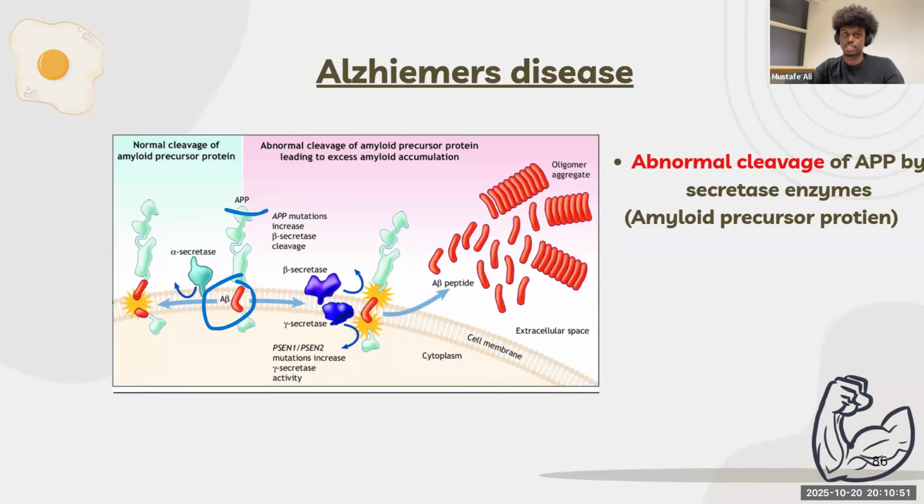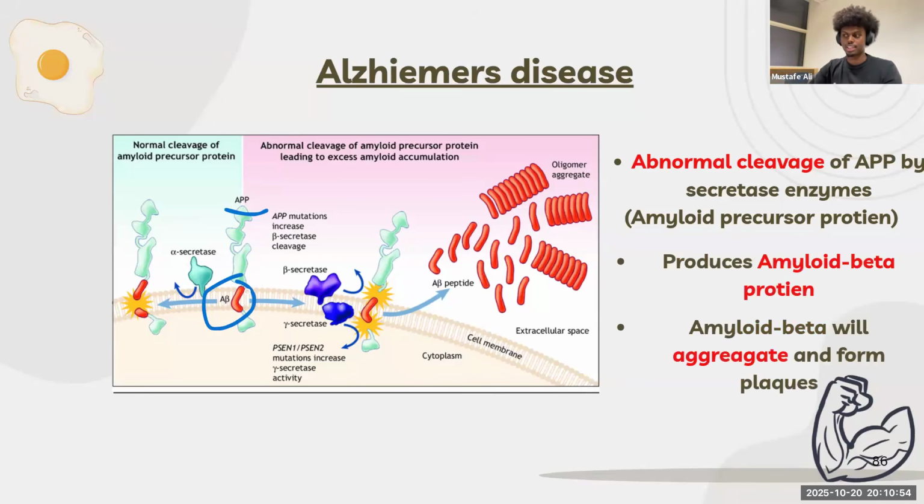It loves to stick, okay? Because the amyloid beta protein loves to stick onto other amyloid beta proteins, they stick on top of each other. And as you can see here, we just have a bunch of aggregated amyloid beta protein. So this is what happens. And we said that aggregated proteins are really toxic to the cell, and this could lead to a lot of issues.